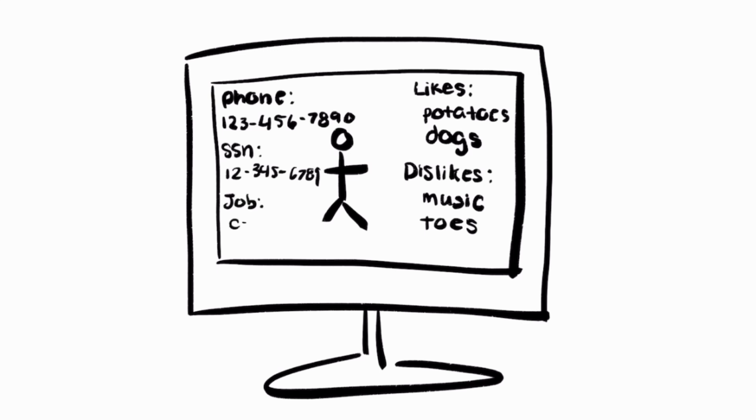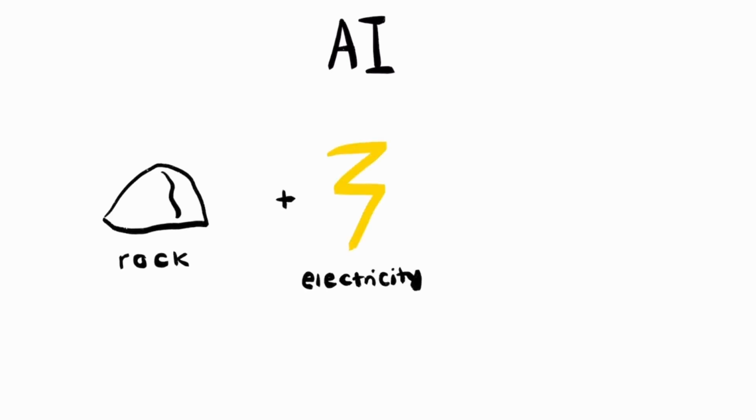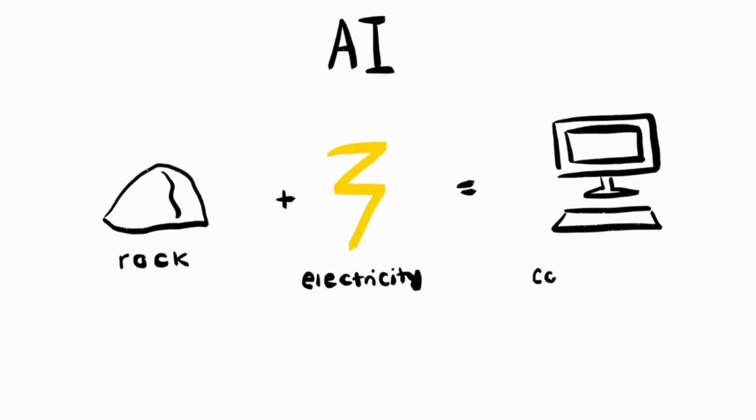And even if it doesn't help you in a practical way, machine learning is one of the coolest inventions humanity has ever come up with. We've taken a rock, infused it with lightning, and taught it to think. And I think that's fascinating.